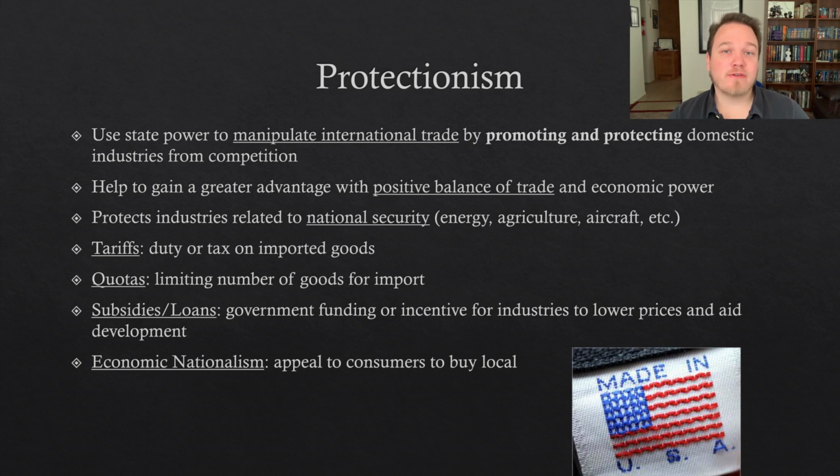This can be things that are vital to a nation's national security, things like agriculture or defense, things like your energy production. All of these are areas that a country may have a vested interest in protecting over necessarily importing or having a strong foreign influence in these types of markets. Now, there are a few different ways that countries can do this. They can pursue this through tariffs, so essentially, exercising specific taxes on imports or exports of goods, or instituting quotas, which is when a country states that they'll only take so much of a certain product from another specific country,